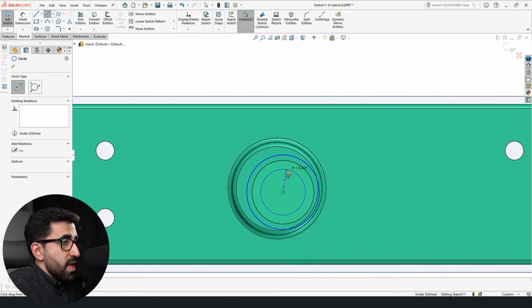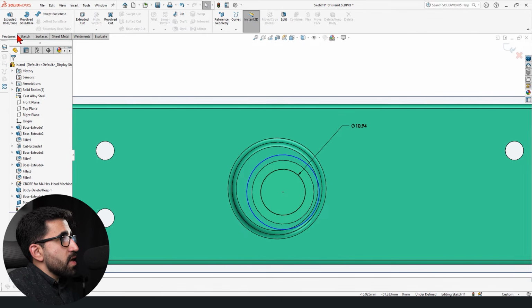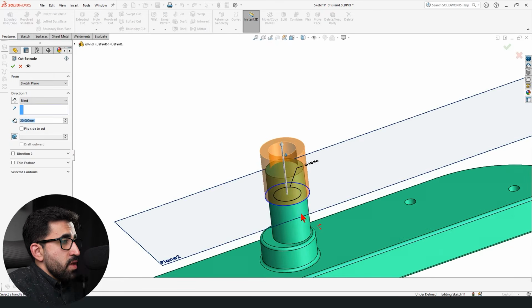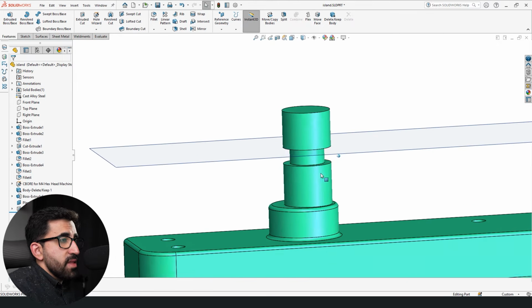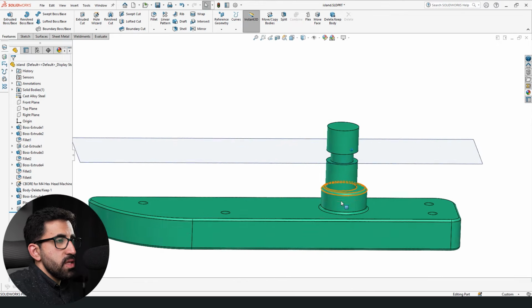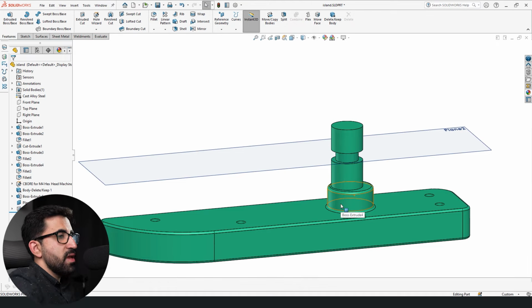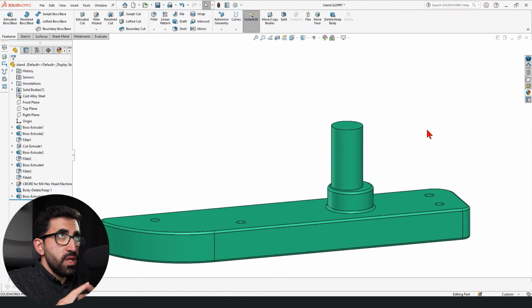You want to create something like that, assign the dimensions, whatever it is, and then go to the features tab, go work with extrude, and then change the direction, set the right value, and then click OK and create that ring effect. Yes, you can do that, but what you just did, including creating that plane, is absolutely unnecessary. Why? Because for a lot of cases that you are going to create a parallel plane or a plane at